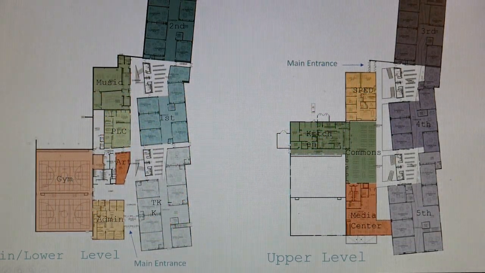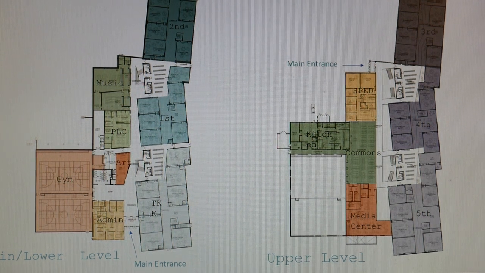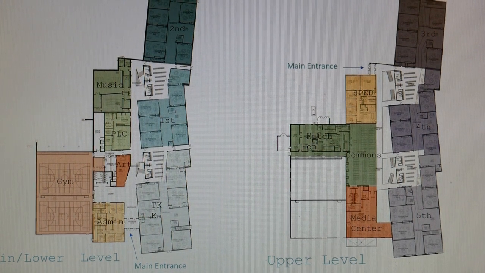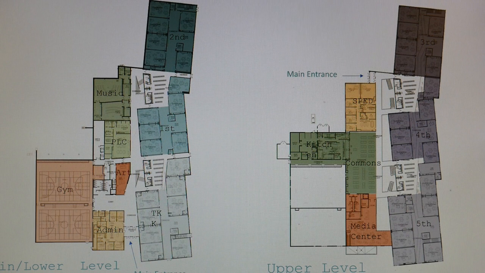So this gives you a picture of the floor plan for both levels of the building. On the left, you see the main lower level of the building, and the main entrance is at the bottom. If you think of the building being split in half, you have the academic wings on the east side of the building, and then you have the other areas of the building on the west side. So when you walk in the main entrance of the building, you would enter into the administrative area, the main office, and the principals will be located there, and